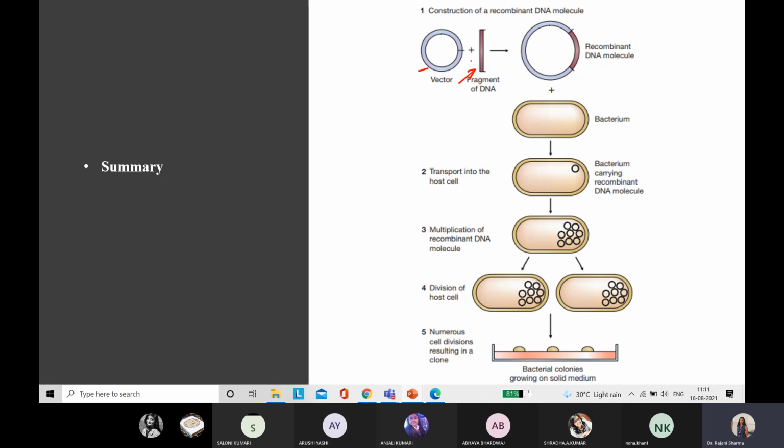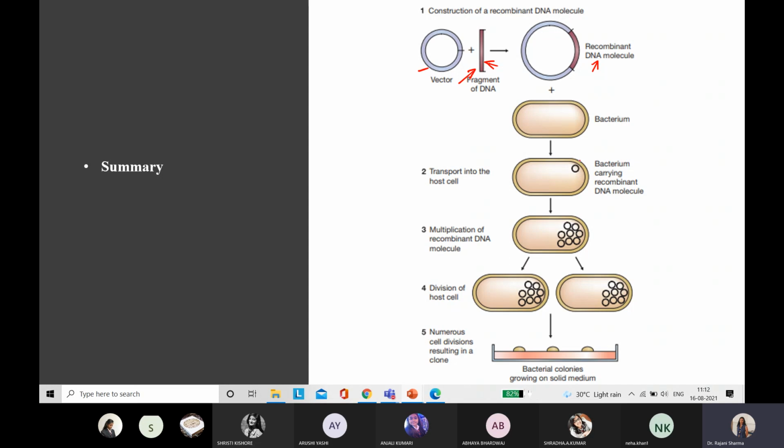It is not possible to directly transplant this gene into our host cell, and because of that we need a vector. We will read about vectors in our further modules, where we will call them plasmid vector, M13 vector, and so on. So we have inserted our desired gene in the vector to form a recombinant DNA molecule. After that, we have transferred this vector inside the bacterium.